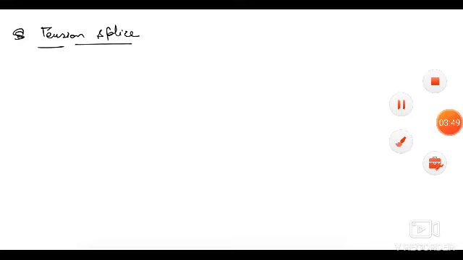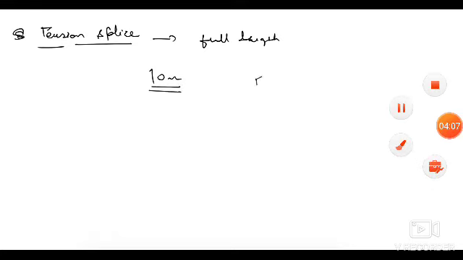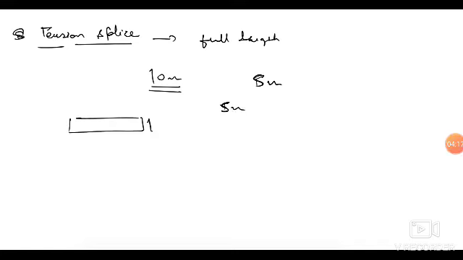Now after that, there are a few more small things. One is tension splice. You should just know what a tension splice is. Many times we don't have the full length. Let's say we want a tension member of 10 meters, but we don't have such a big length and we have only 5 meters or whatever length. How will we make 10 meters? We will connect the two members, obviously.